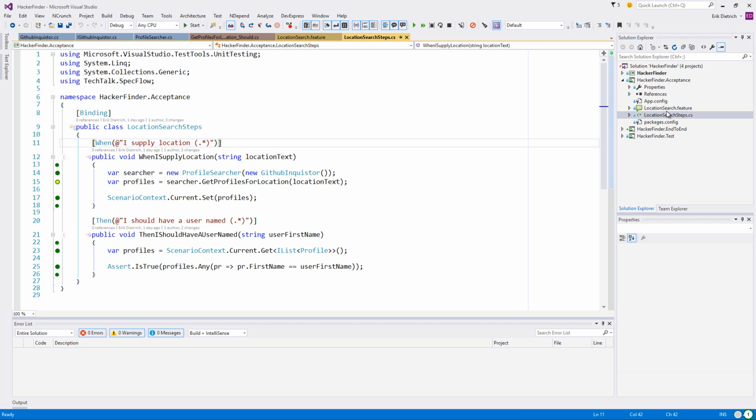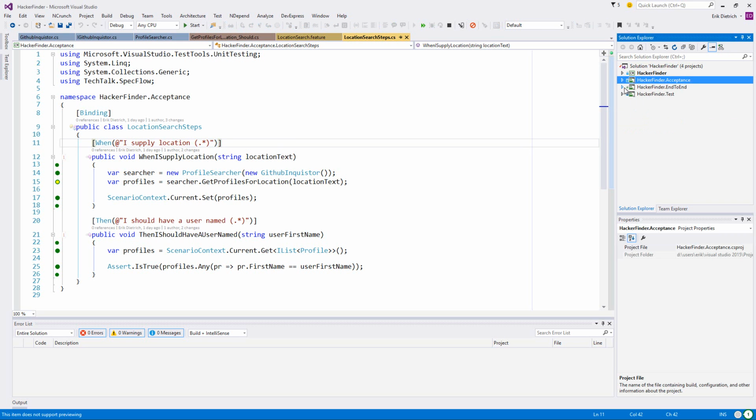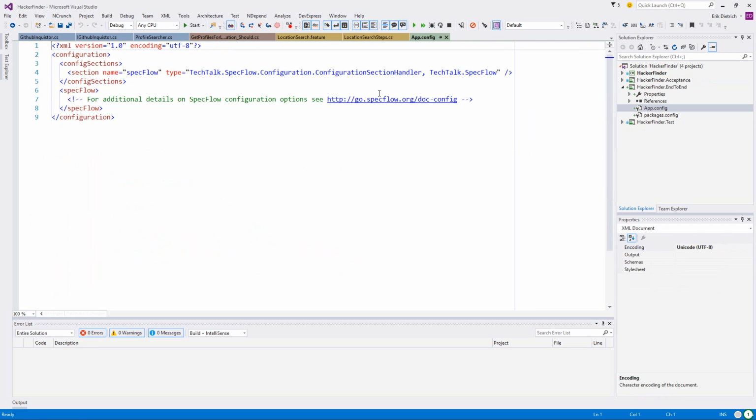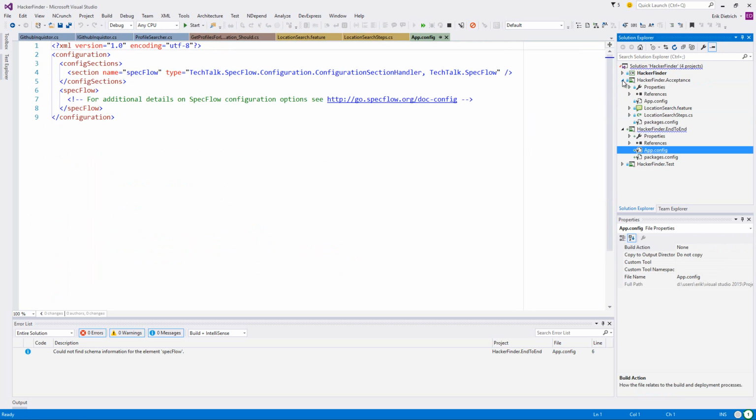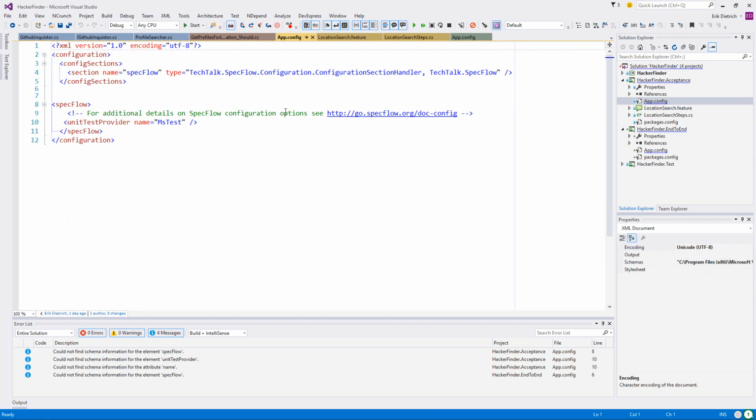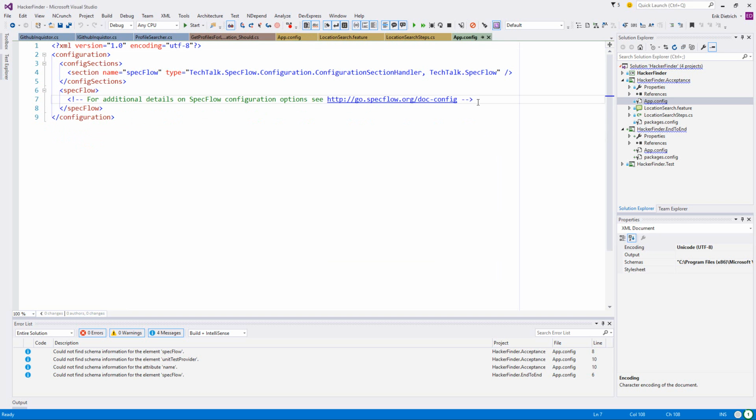Let me move. Oh, I wonder if I'm going to have to do the app config magic here again, too. App config. Yes. So again, I want to use MSTest.